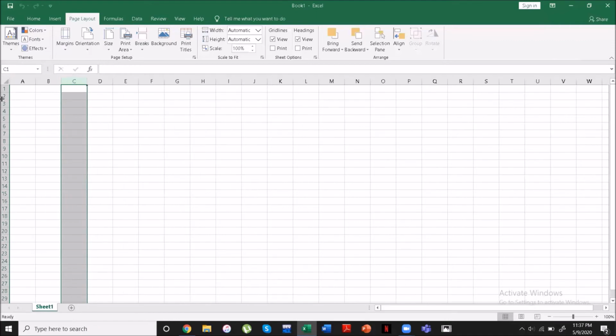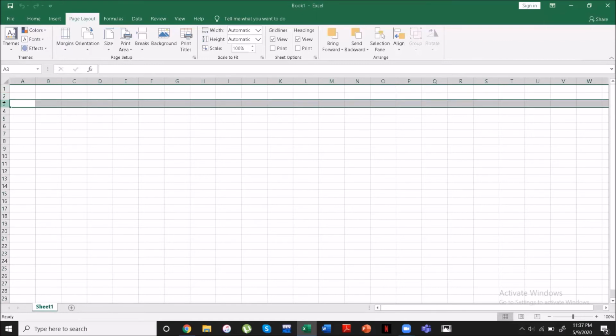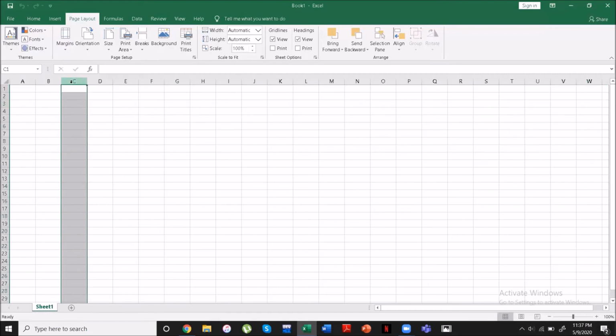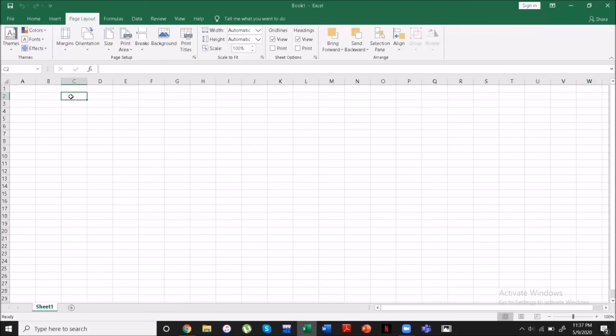Now, what about the rows? I have row number 1, row number 2, row number 3, and so on. So spreadsheets are made up of columns and rows. Now the intersection of a column and a row is what is called a cell. And each cell has a name in Excel. So this particular cell is named C2. And you can imagine how I got that name. It's simply the intersection of the column and the row. This particular cell here has a name F5. This one has a name H9 and so on.